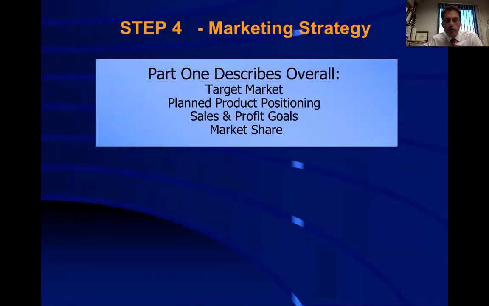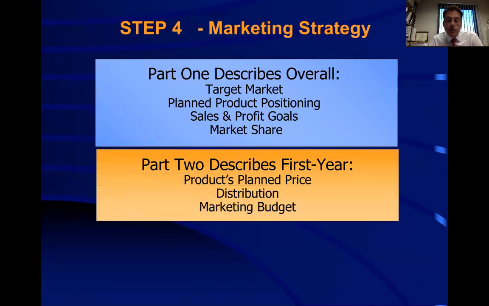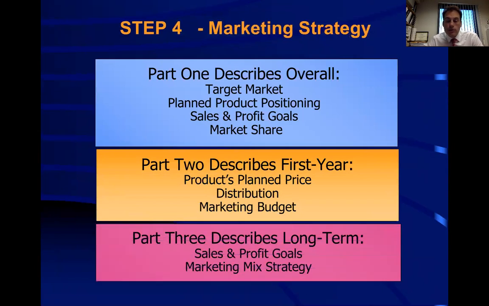Then you look at the marketing strategy. So here you're thinking about what would be the target markets, so you're thinking about segmenting, targeting, and positioning. What about the sales objectives and the profit objectives, the type of market share that you want to get within a time schedule? You are going to look at the cost of organizing your distribution, the cost of producing the product, and the cost of marketing the product. And then the third step inside the marketing strategy is to think about the long-term goals and also the marketing mix that you will have for this product.